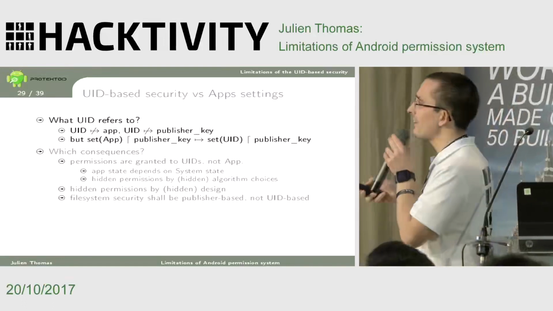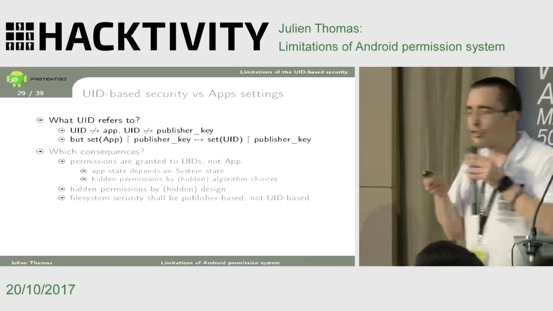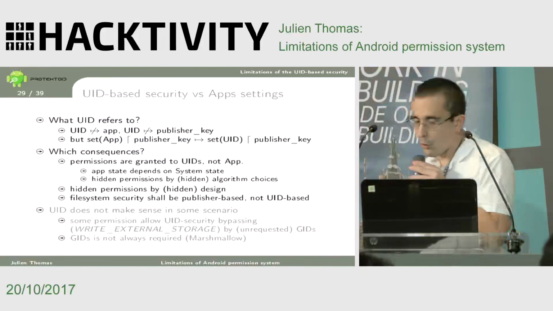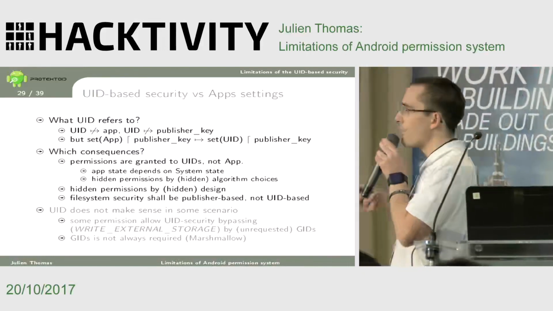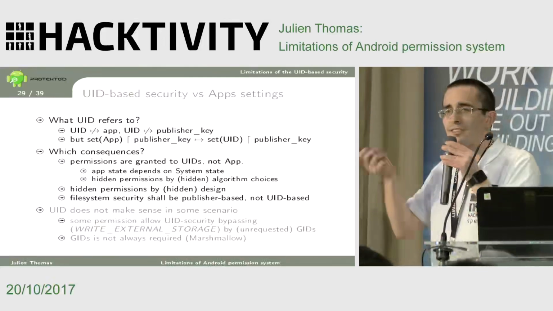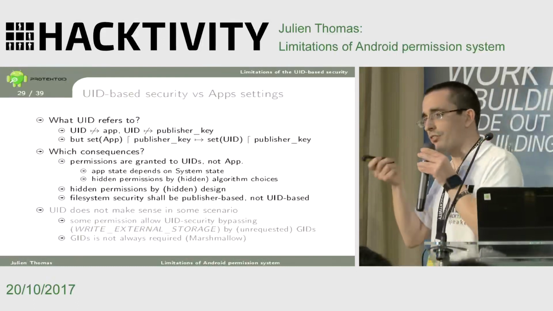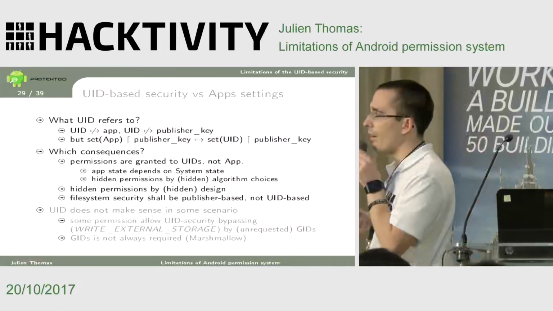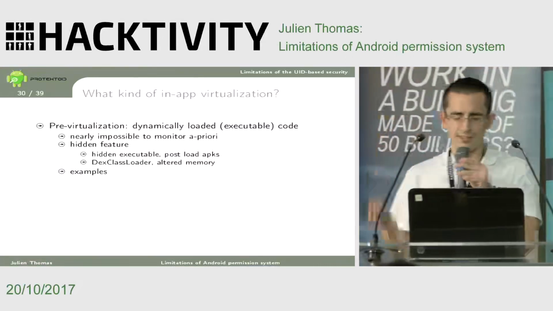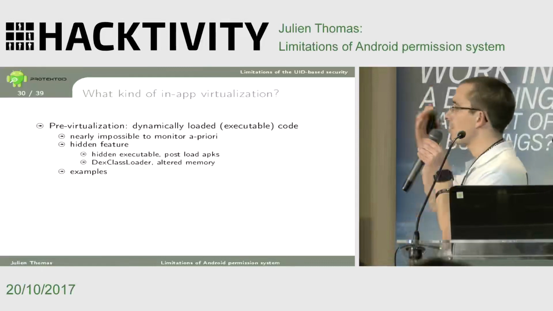So this concept of UID doesn't make any sense really when you have this kind of shared UID and the choice to hide stuff. And then when you go to the external storage definition, it's even worse, because you have UID on the external storage, but it's more controlled by remote services, so the UID doesn't make any sense there either. So it's very unclear for the user what the security consequences are for the file system on Android.